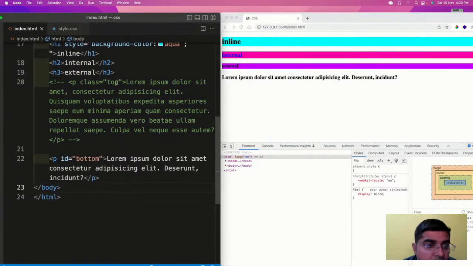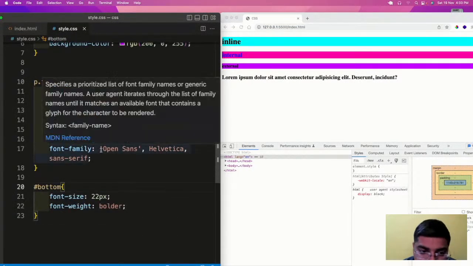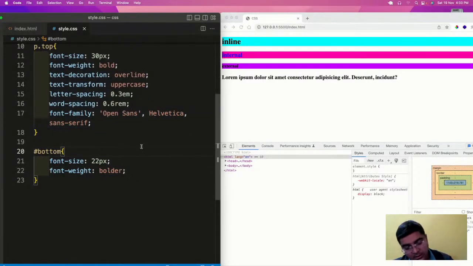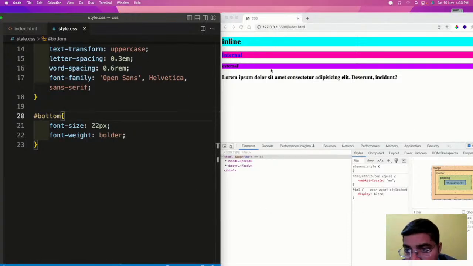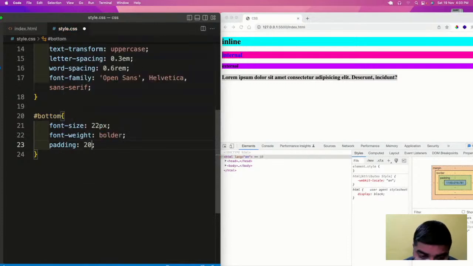Now let us see what a box model is. A box model consists of four things. First one is the content. Outside this content we have padding of, let's say, 20 px.